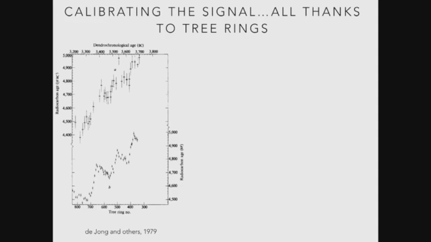But the problem was that people realized that must change through time. And various people showed this. It doesn't come up very clearly on the plot here. This is from a paper back in Nature, using tree rings again, and showing actually radiocarbon ages do not equate to calendar years. They fluctuate because of changes in the carbon cycle, the amount of productivity in the upper atmosphere. So it fluctuates quite substantially.